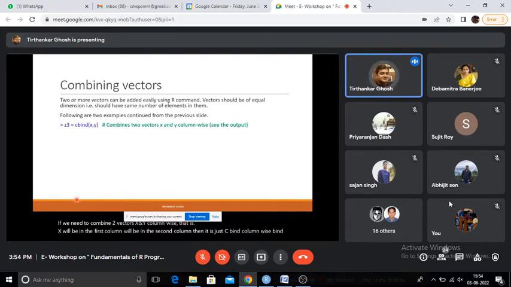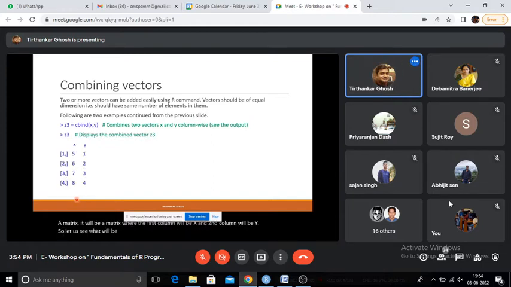So Z3 will be a matrix where the first column will be x and the second column will be y. So let us see what will be the output of Z3.